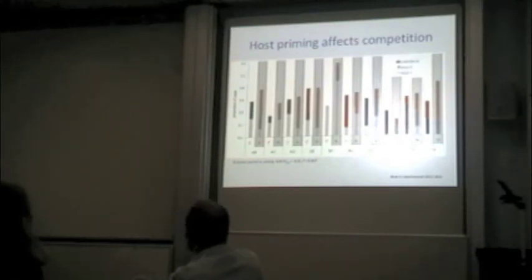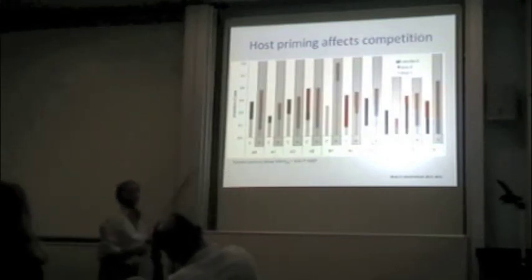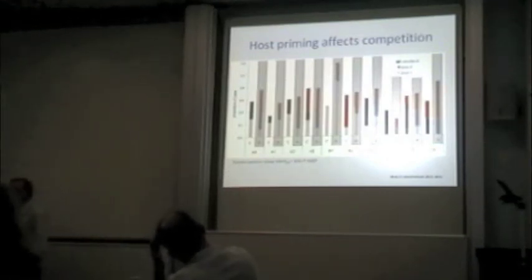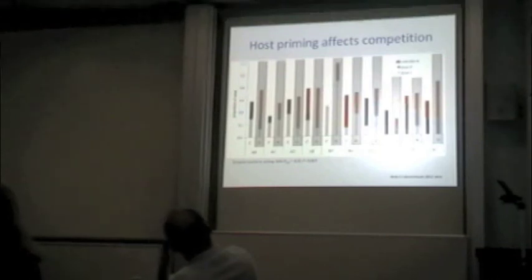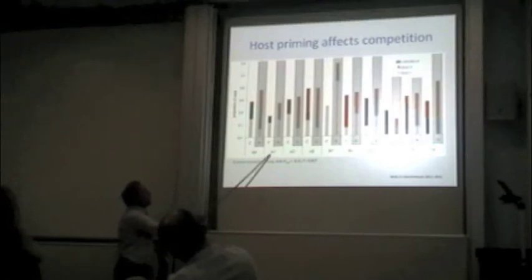So we've seen that before. There's sometimes coexistence among co-infected strains and sometimes not. And in this particular case, the graph reads as follows. Here in the lower line, you have a different combination of strains. So each letter is a strain. Let's say in the first panel here, it's a combination of strain A and B, combination of strain A and